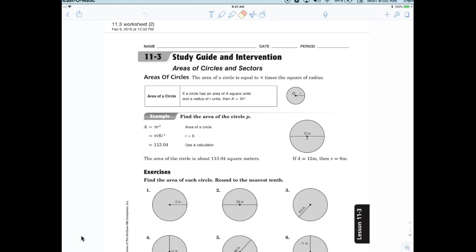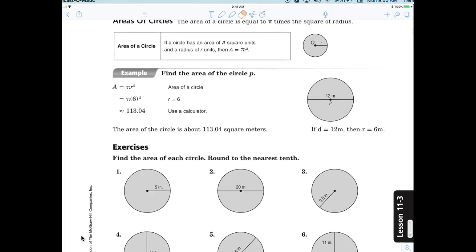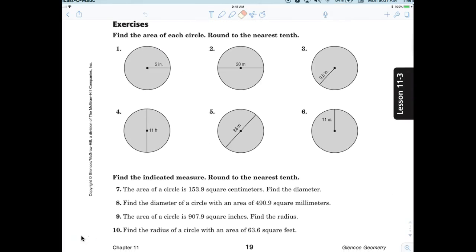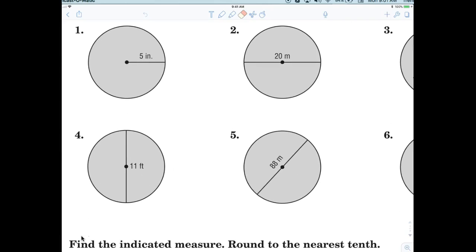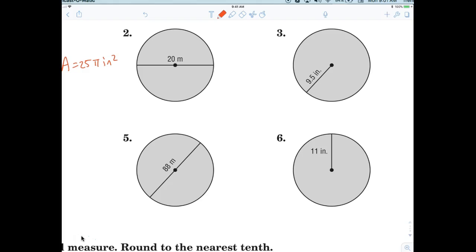So today, if you don't recall, the formula for area of a circle was pi r squared. So let's just finish this off real quick. If the radius is 5, the area would be what? 25 pi. 25 pi inches squared. All right, so question number 2, the area would be